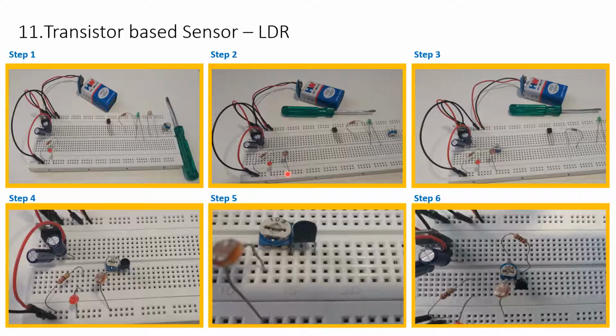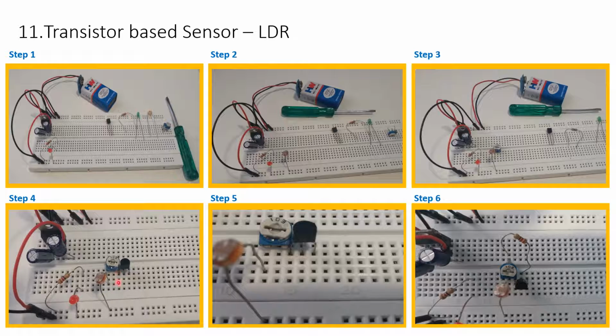We're going to construct the voltage divider first. So we place the LDR. From the positive 5 volt, we are placing it to one of these columns. In the same column, we are placing the potentiometer, the trim pot, such that the two-leg side of the trim pot is here. The one-leg output of the trim pot is on the top side. So one of the two legs is on the same column as that of the LDR. That is how we have placed this. You can see here, it's a bit clear.